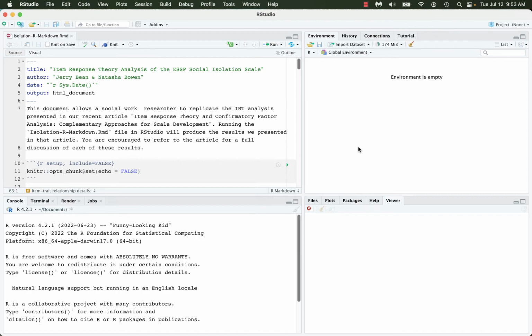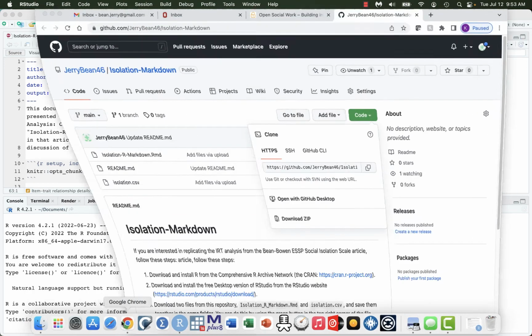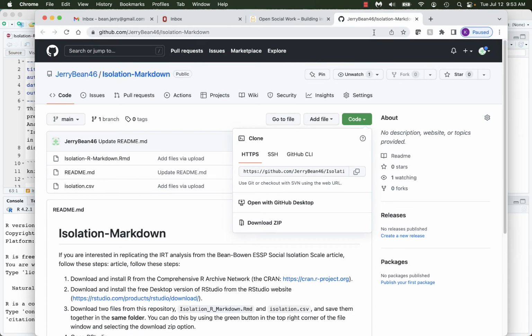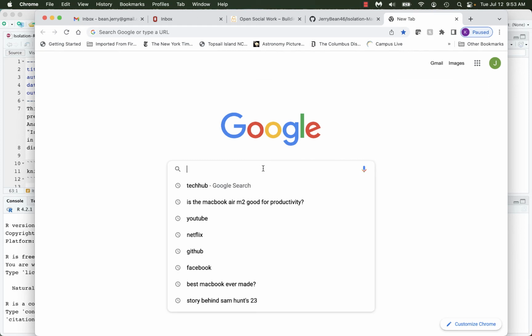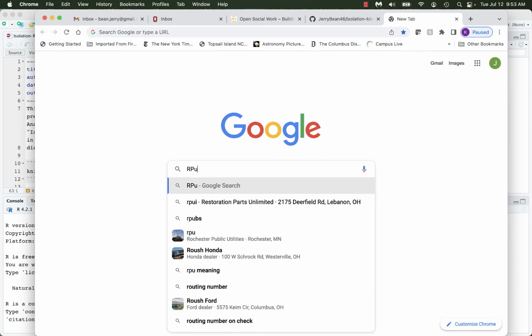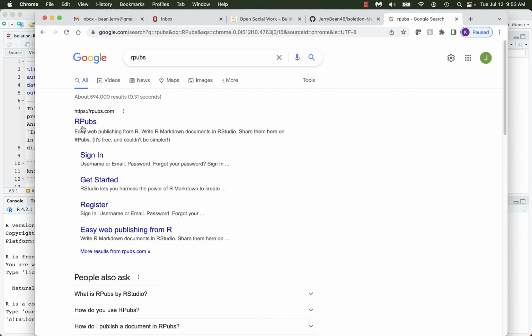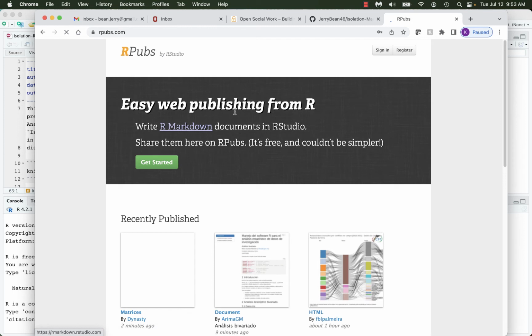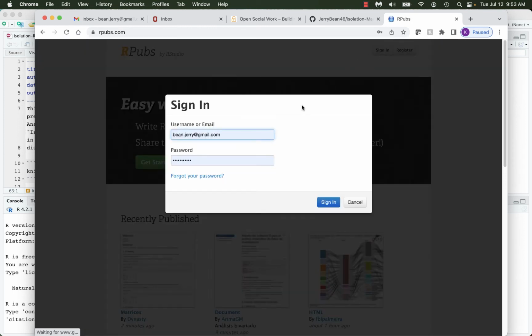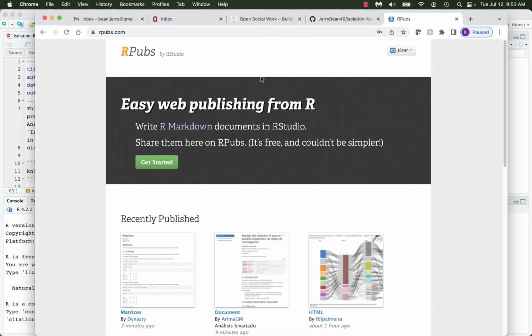So let's take a look. Let me run over to see if I can do this without having it be overly complicated. Let's go to our pubs. And our pubs, and sign in, and I'll sign in there. And you can take a look at the